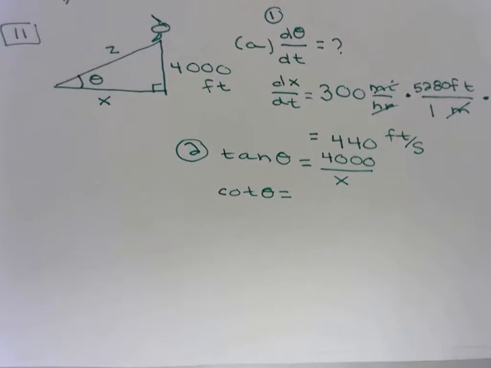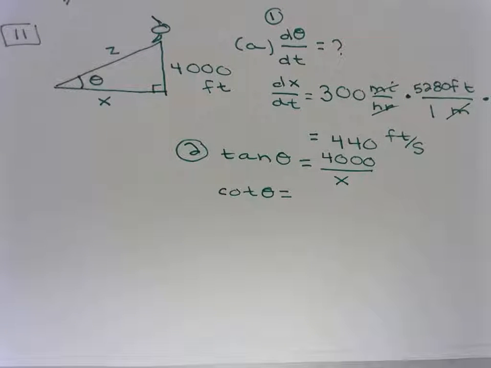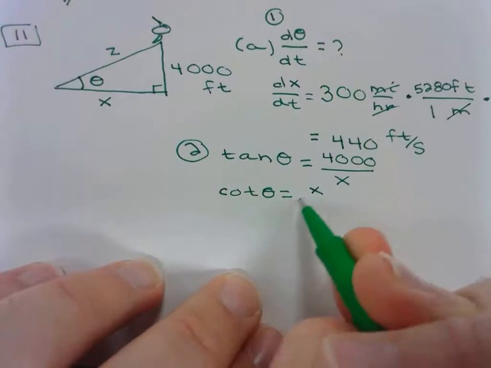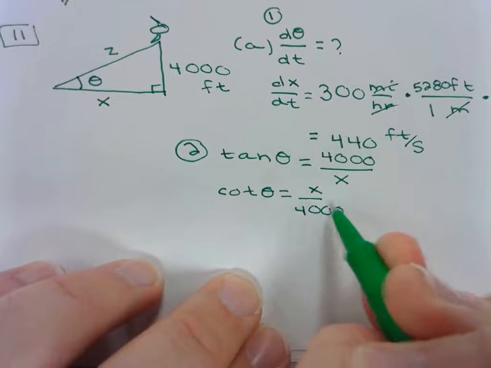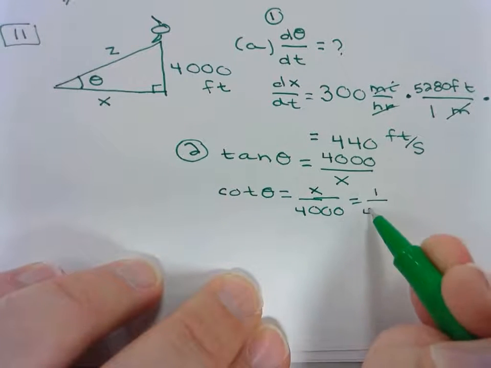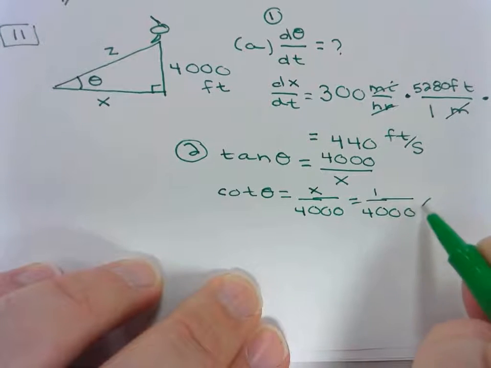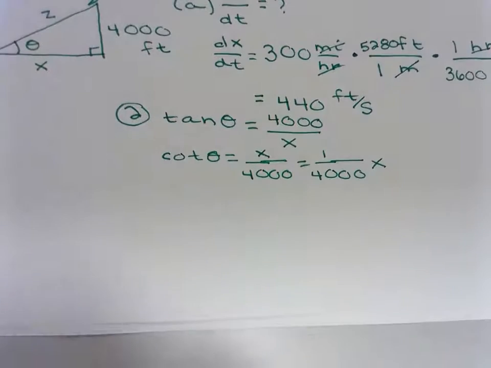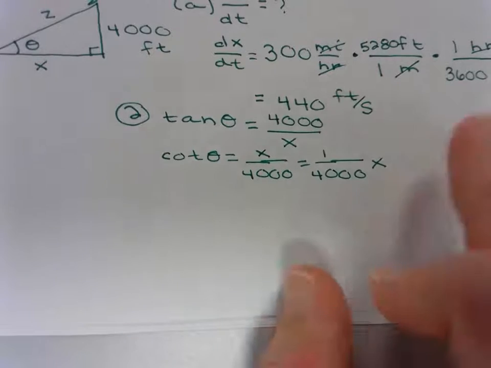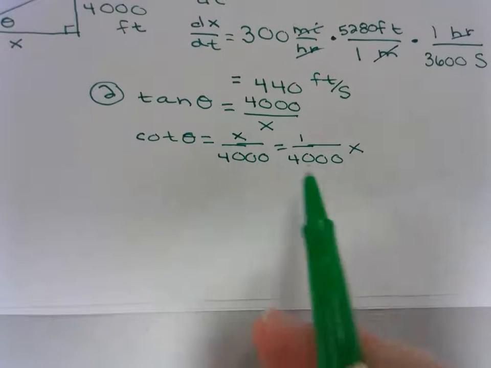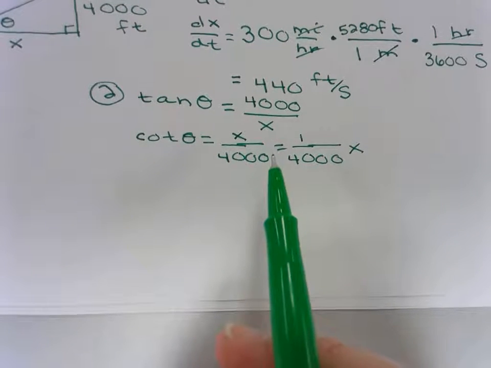Tangent is opposite over adjacent. Cotangent is adjacent over opposite. So that would give me x over 4,000. And this would be a little easier to take the derivative of. Doesn't really matter; you could have done the negative up top and then do the tangent. But if I just rewrite it as cotangent instead, that will put the 4,000 on the bottom, so I can rewrite it as 1 over 4,000 times x,